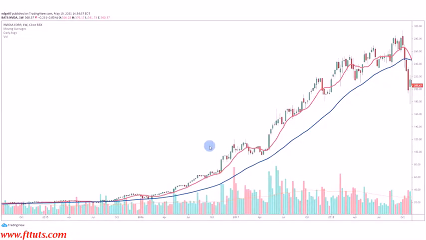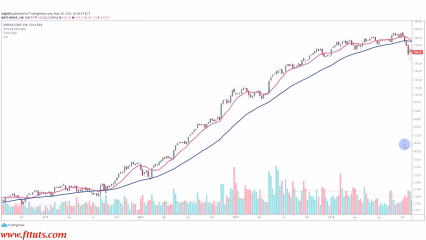We're going to look at two exact same charts of NVIDIA. We're only going to change the y-axis, which is the prices here on the right side of the screen. This scale here is the improper scale. This is an arithmetic scale which shows equal spacing between each of the chart units. So for example, a $10 change from $10 to $20 will look the same as a $10 change from $50